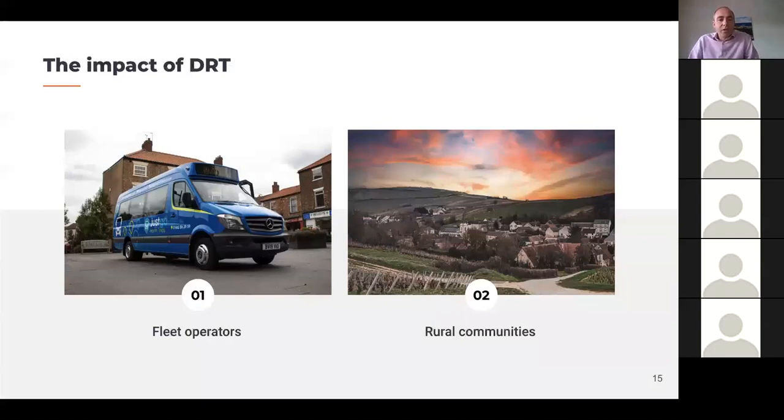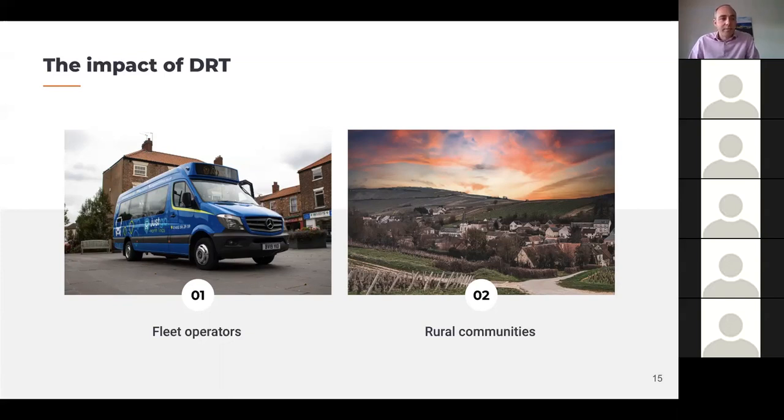So moving on to the impact on us of taking on this service. It's the first time as an operator we have done DRT at East Yorkshire Buses. There is experience within the Go Ahead group of demand responsive services with the Oxford Pick Me Up service and the pilot that was running at TfL up until the COVID-19 pandemic. But essentially for us as a bus operator, a lot of the basics are the same. We still have to maintain vehicles, we still have to provide drivers, but it's a very different way of allocating